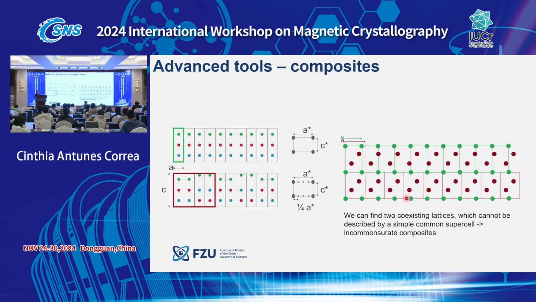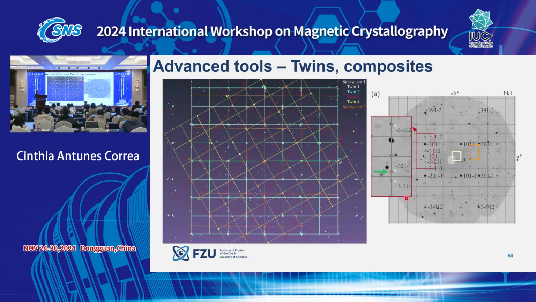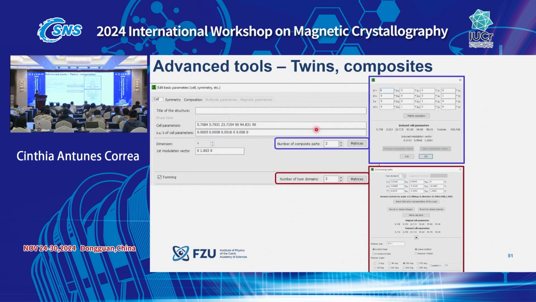So in this case, you find out from your diffraction data that you have a reciprocal unit cell from one subsystem of your composite, the reciprocal unit cell from the second subsystem of your composite, and on top of that you can also have the satellites from the interaction between these two subsystems. And if you have even more complicated cases, when you have these composites and twins, like in this case here, that we have 4 twins and the composite structure,